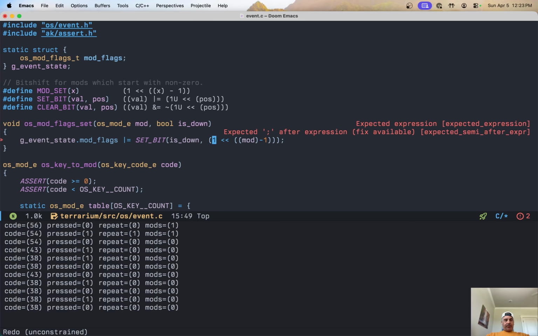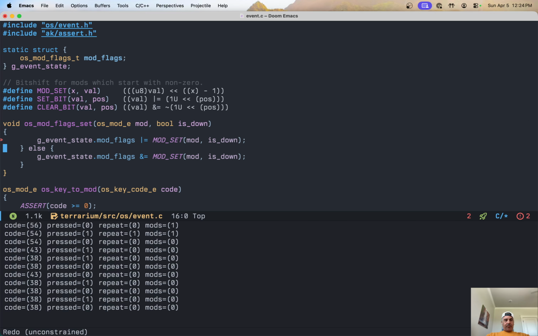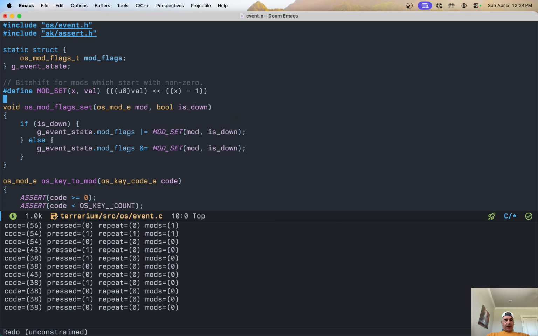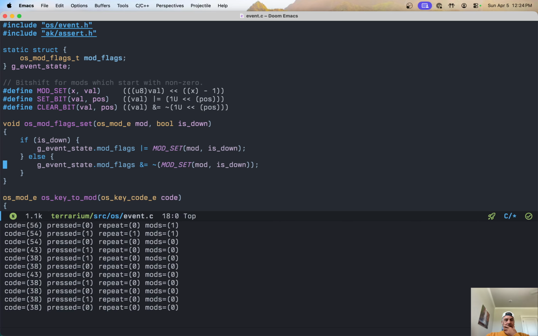I'm in the Emacs undo tree too deep. So I want that, and I wanted to get where we were and then paste these in so I could compare and see why my way did not work. So mod set, we've got the value equals